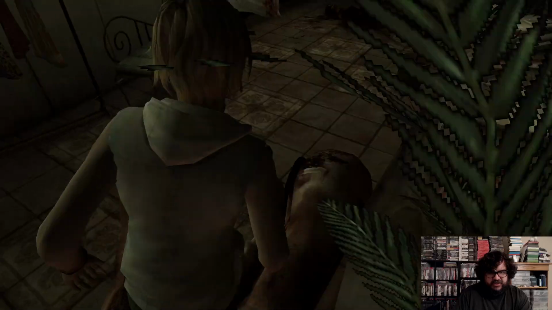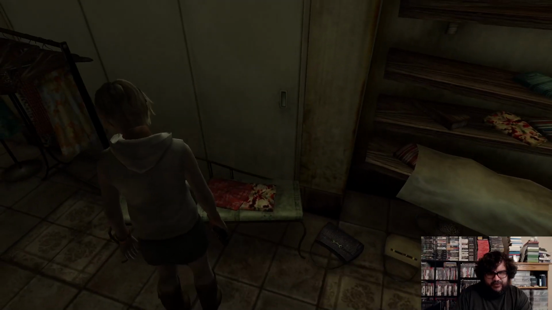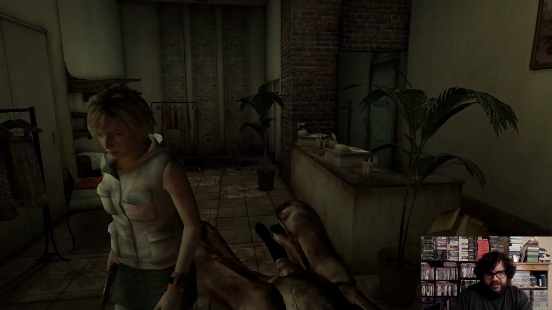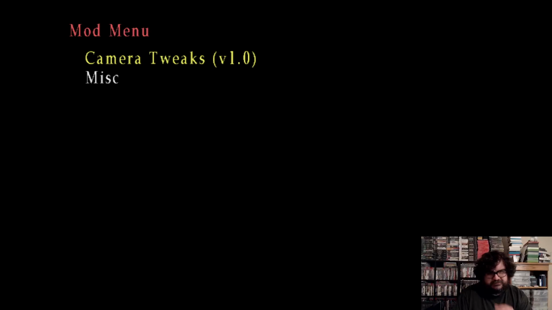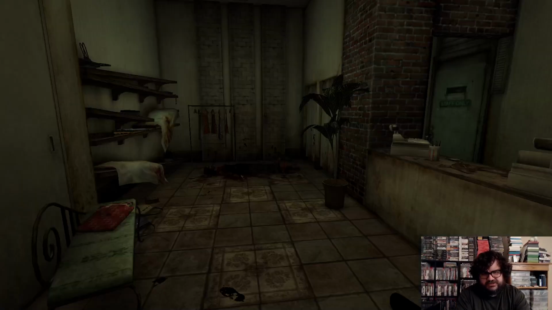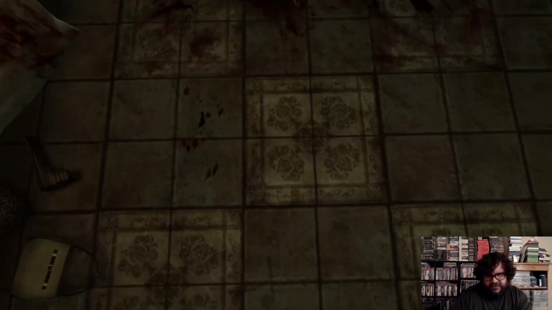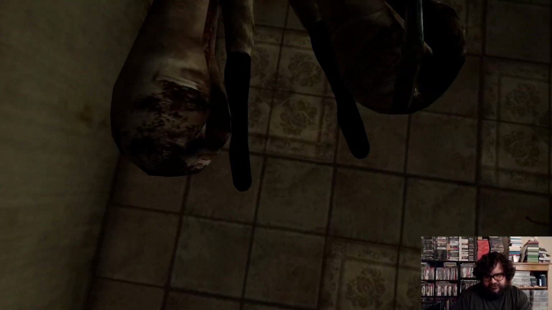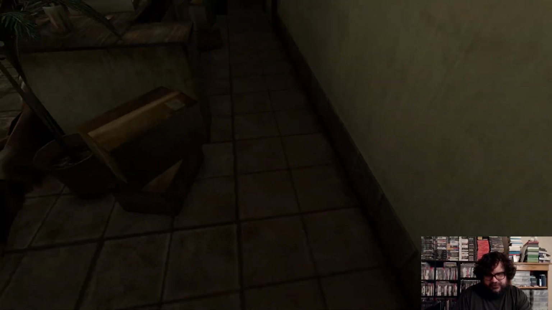Okay, so we have the gun, and I'm going to go ahead and grab this ammo right here. Now, let's look at the first-person models. When you load the first-person preset, it will say hide player best with shadows off. I don't think it actually turns off the shadows just by doing that. So when you look down, you will see some glitchy shadows on the ground, and sometimes it can be particularly